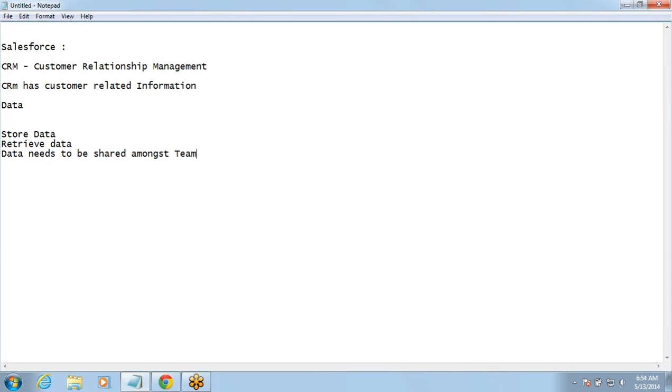When we call a customer care, we do not know who's going to receive the call, but they are still able to answer our queries. It should not happen that they say, oh, I do not know anything about it, why don't you call the other way. Does it happen that way? No, right? Which means the data they have for the clients is shared. So everyone sees the same set of information. So data needs to be shared, and this data needs to be secured as well. It has to be shared and it has to be secured.